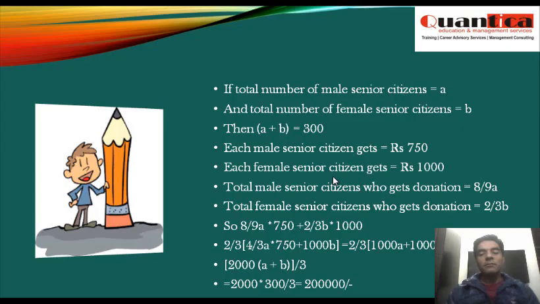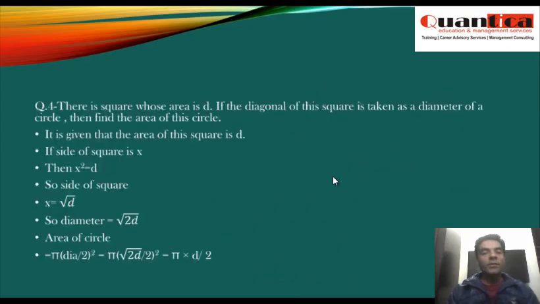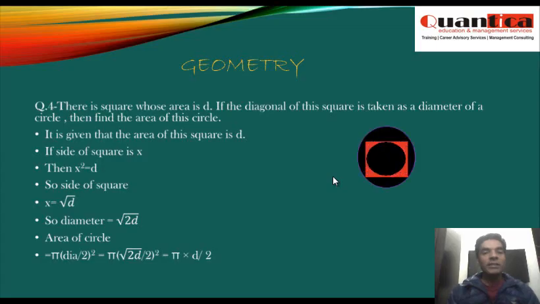The question was that there's a square whose area is D. If the diagonal of the square is taken as the diameter of the circle, then find the area of the circle. So let's say there's a circle, there's a square, and it is given that the area of this square is D. So if I assume the side of the square to be x,